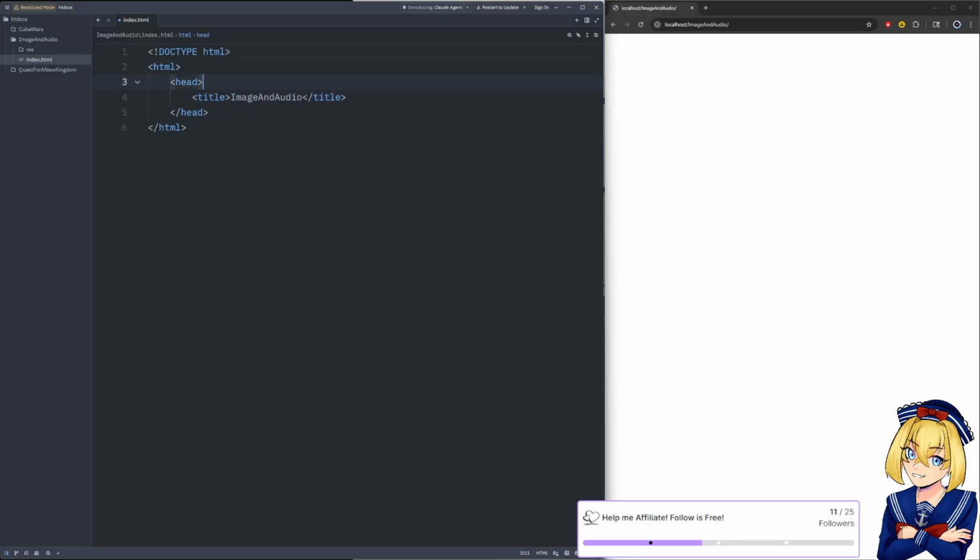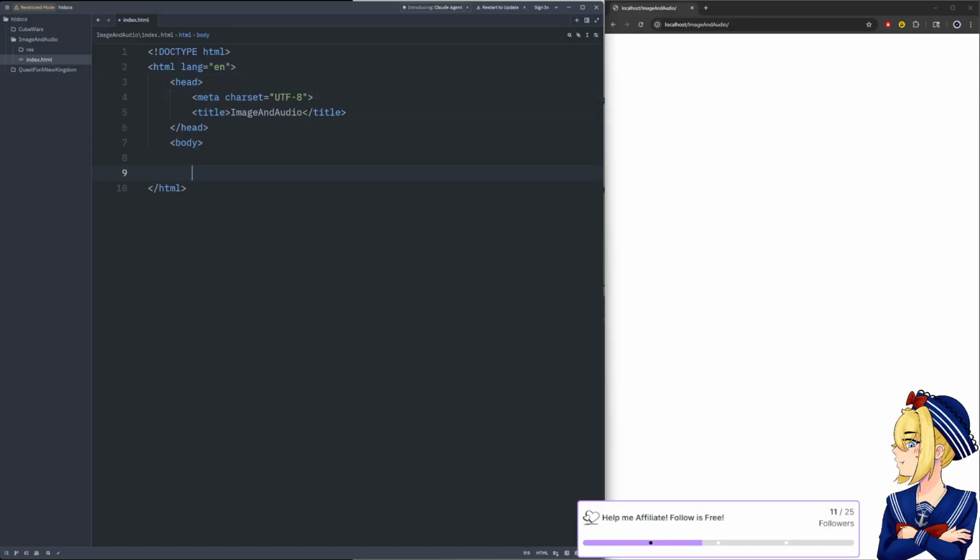And we need a meta tag with charset being UTF-8. And then I think there's a lang of en, so we know that the language is by default going to be English. But this is probably not as necessary as the charset meta tag. And we're going to make a body.